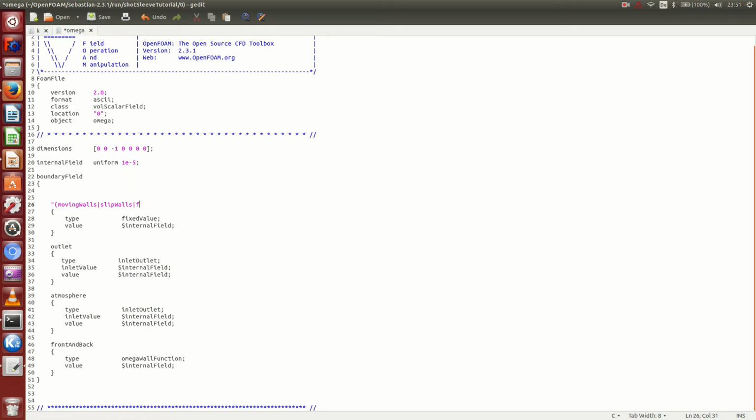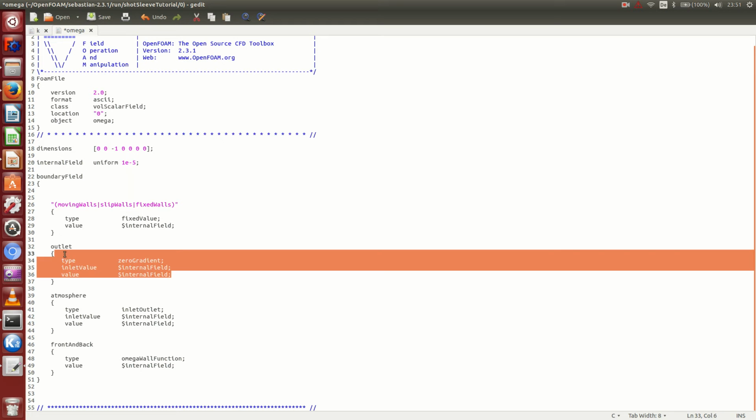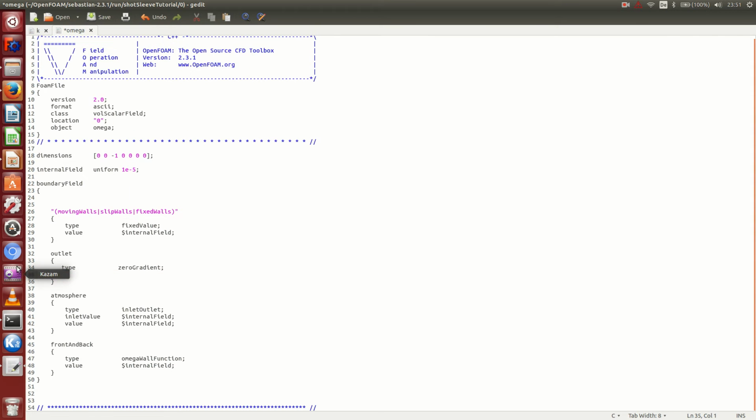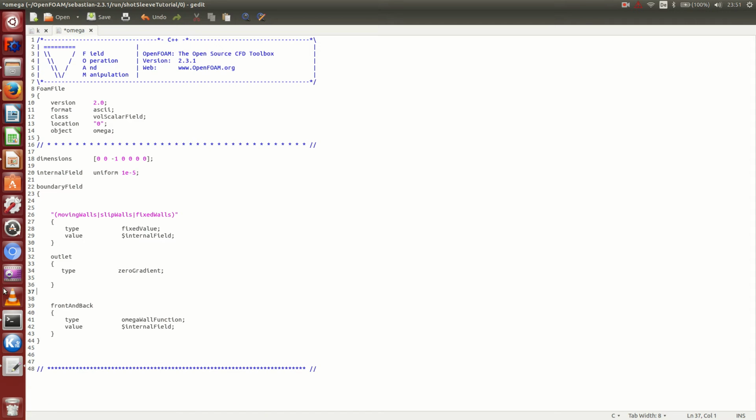Slip walls. The outlet, 0 gradient. Atmosphere we don't need,